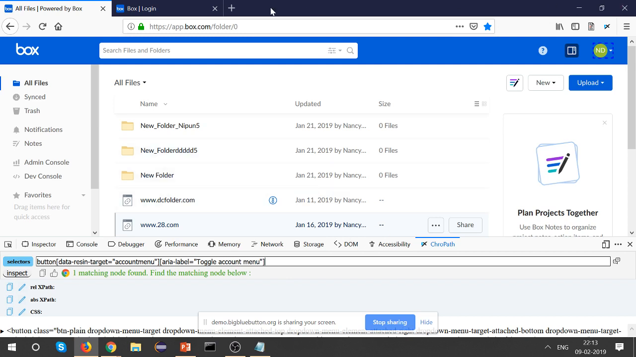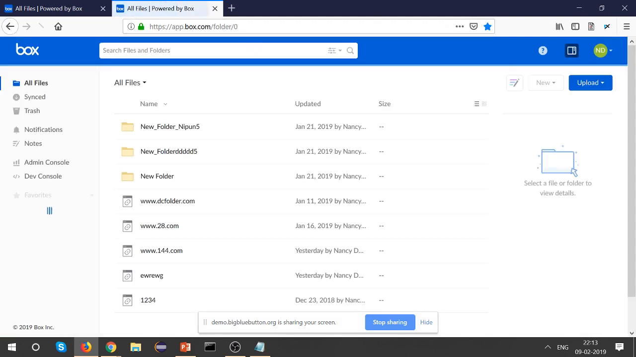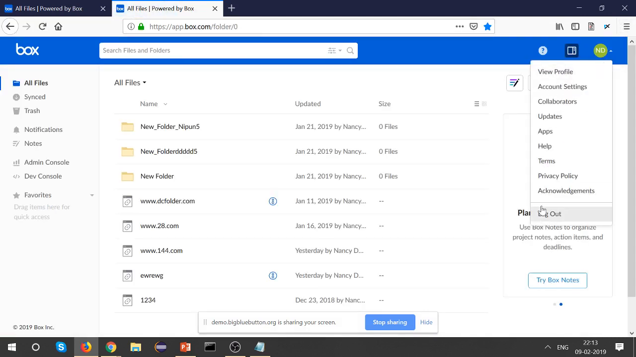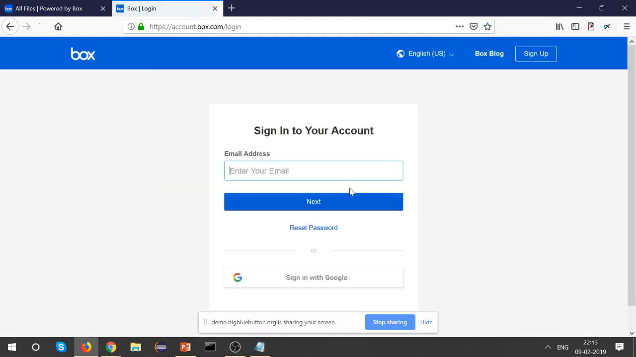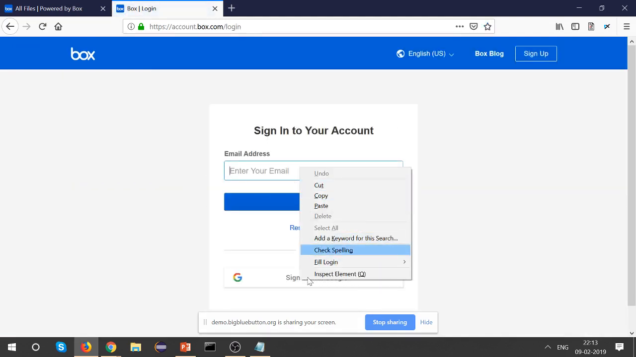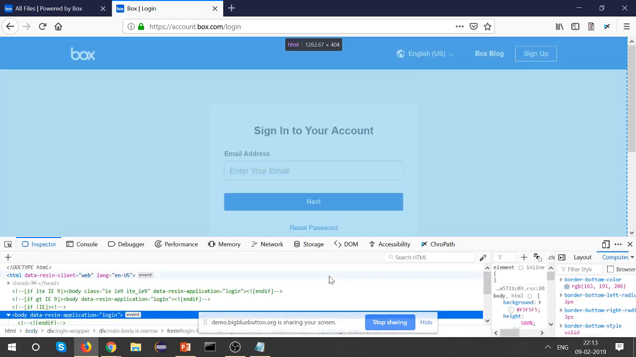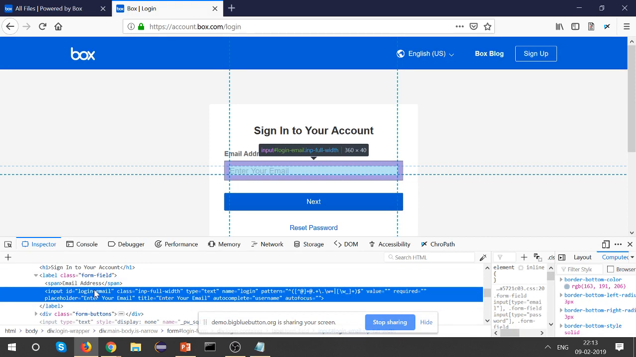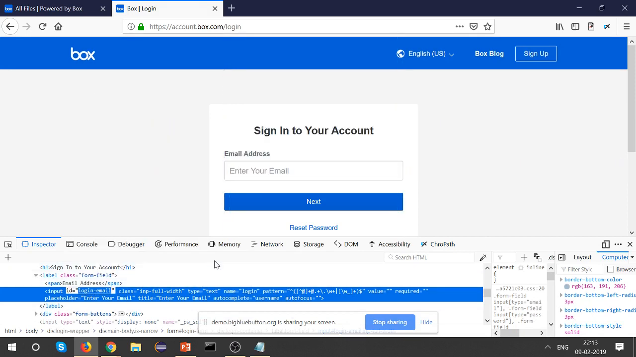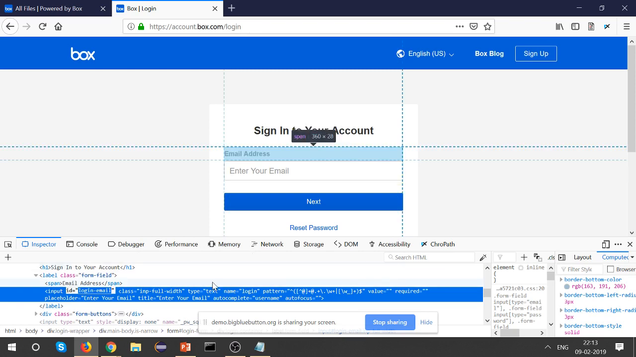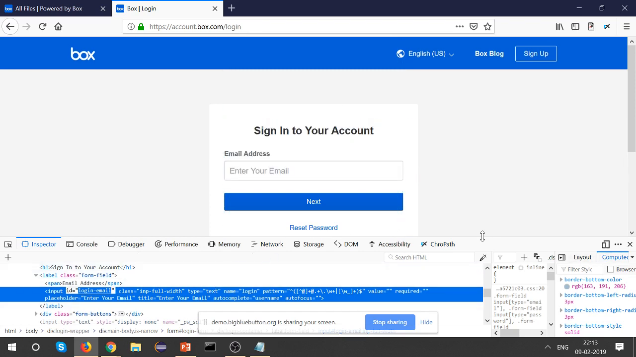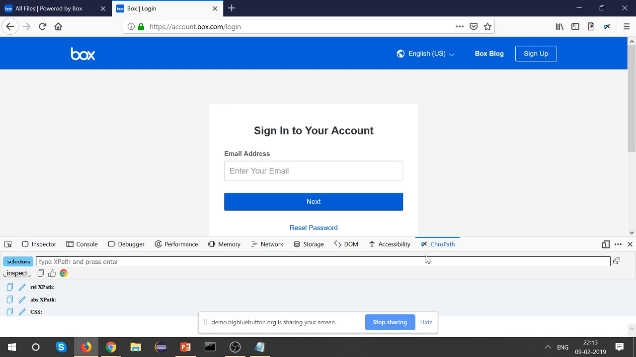So for this purpose I have prepared a Box login, it has logged in. I will just log out from here, and I just want to show you how the ID can be used with the hash sign. So login email, I have copied it from here. It's the ID of the input tag, and then I navigated to the ChroPath extension which I have installed on my Firefox browser, and then I will write the tag name as input,